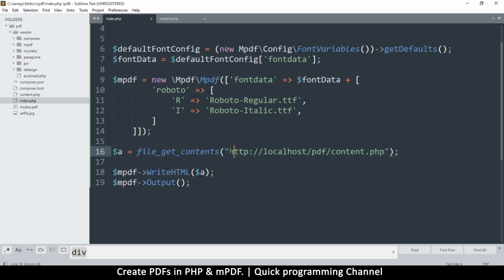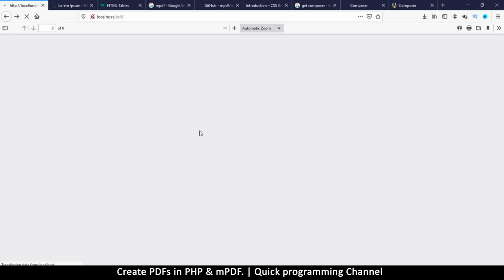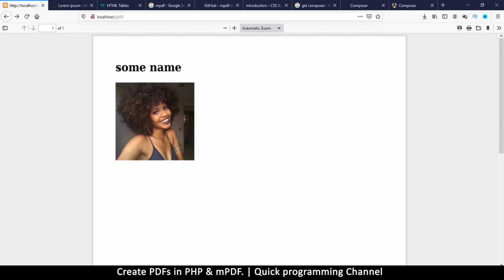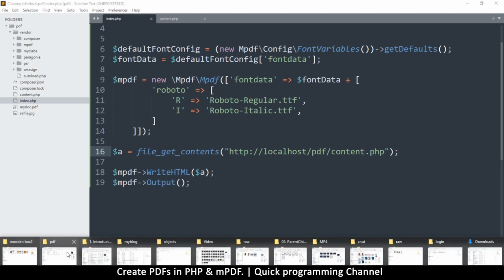And when the server sees this, it won't know where the request is coming from. It will just know there's a request through the server, and so it's going to process the PHP. So let's see how that works out. So if I refresh now, there we go. So we get the PHP processing just fine. So you can design anything you want here. So let me just replace the